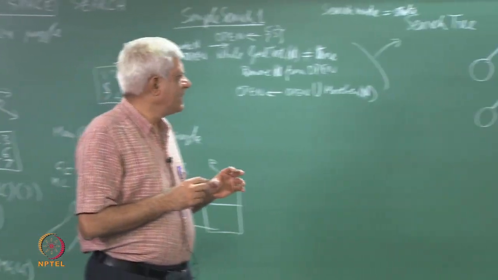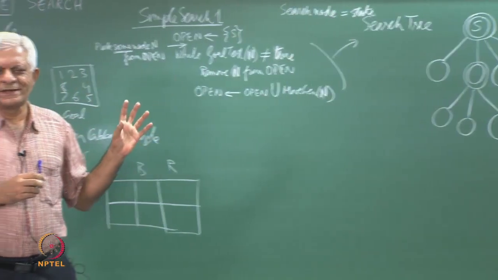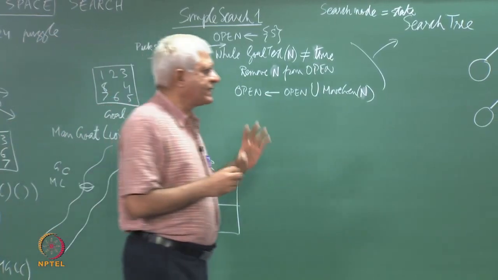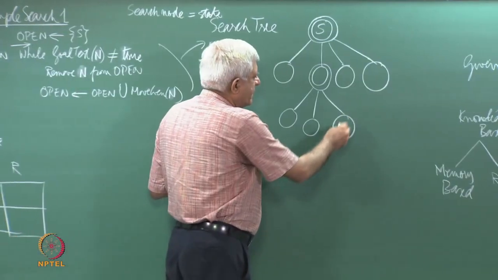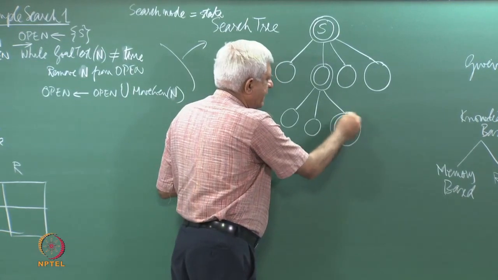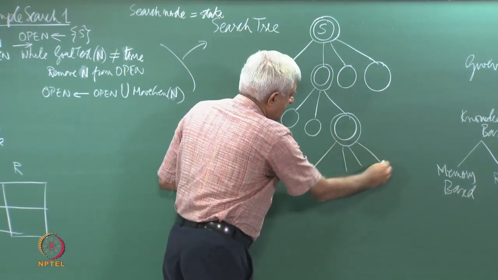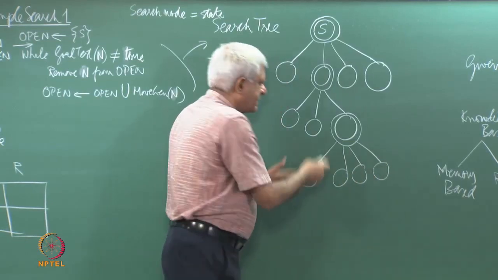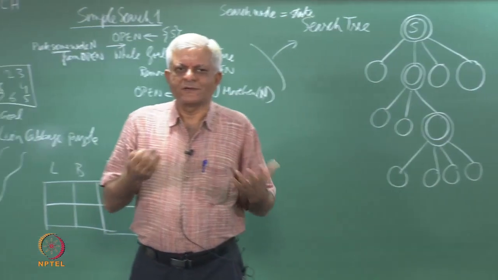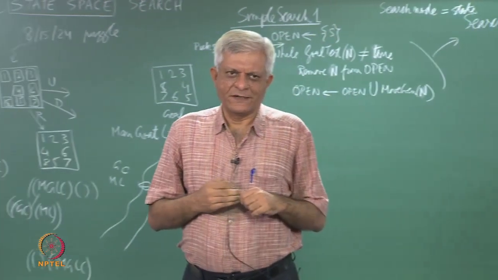So, you can see that is what our search algorithm is facing. Every time you cut one head or one node from the search tree, you get many more. So, as you can imagine, the open set is growing and growing,